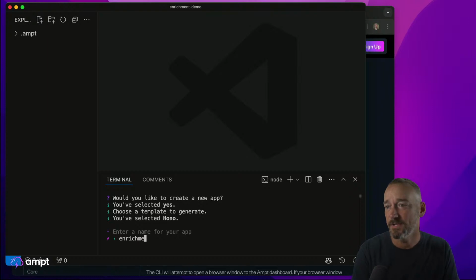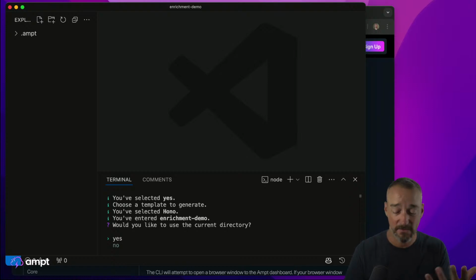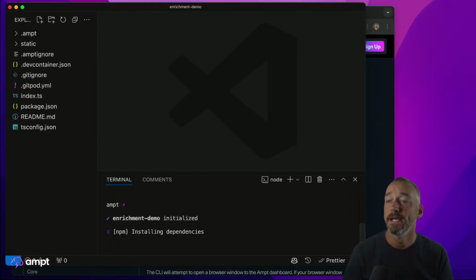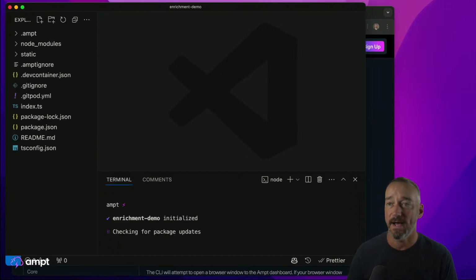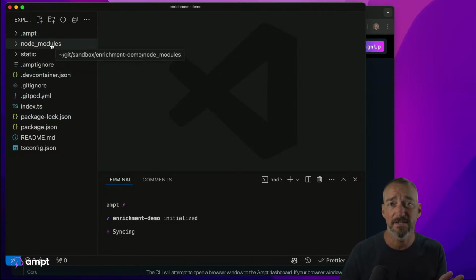So we're going to call this enrichment demo here. And I'll go ahead and do that. Would you like to create in the current directory? Yes, I do. And this is going to go ahead and generate some files for us. So you'll see over here that we get our node modules. Again, this is just a node